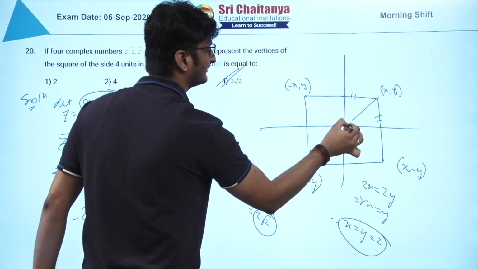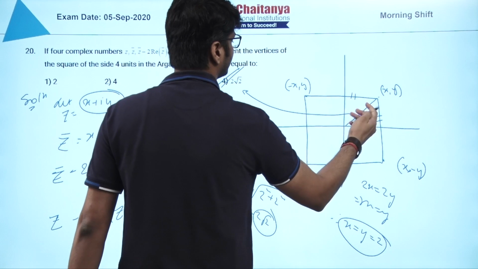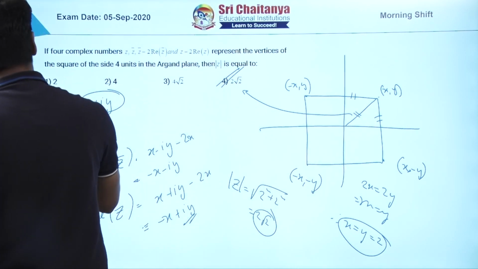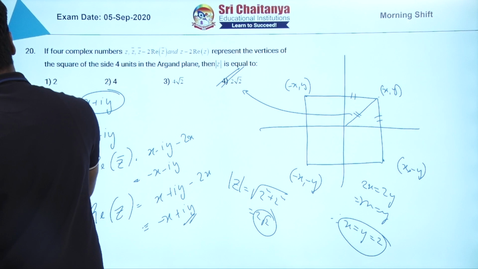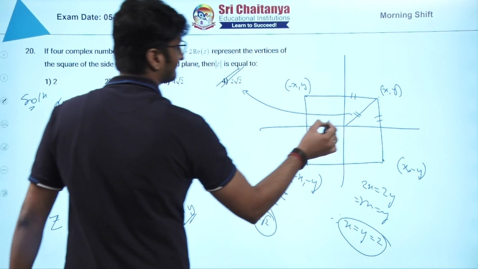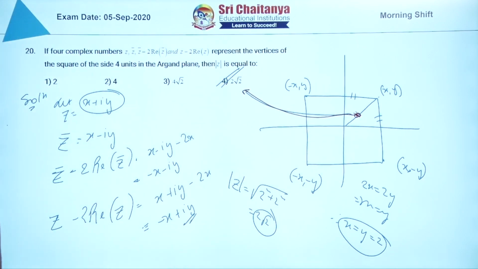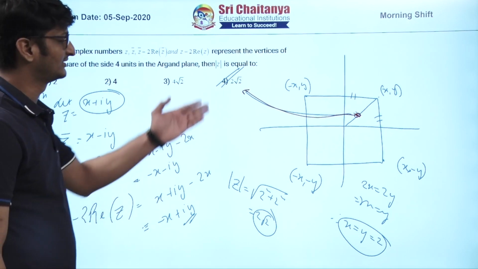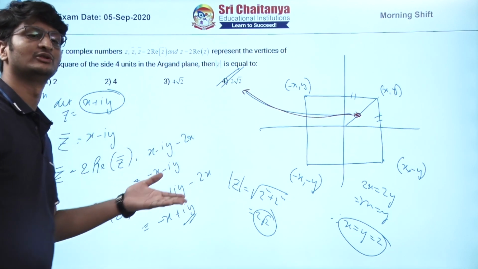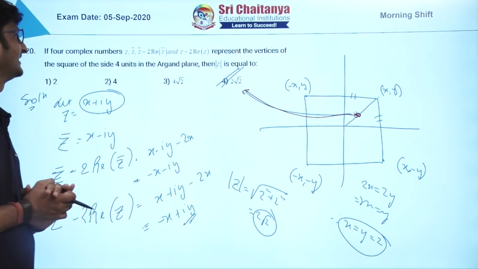You have to find the length of this. Is it correct? Just see here. This is the correct one, this is 2 root 2, this is the mod z. Very simple question of complex numbers. Complex number is considered to be the toughest chapter, but see the level of the question. They have given a simple question. Okay, every chapter you should read thoroughly, and you will definitely get the answers.